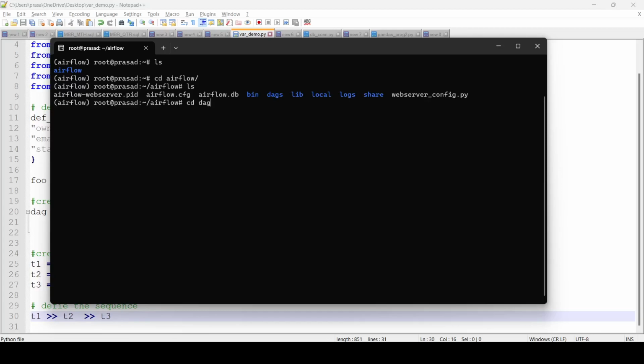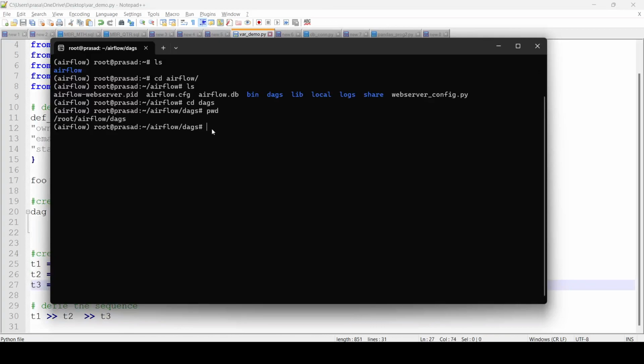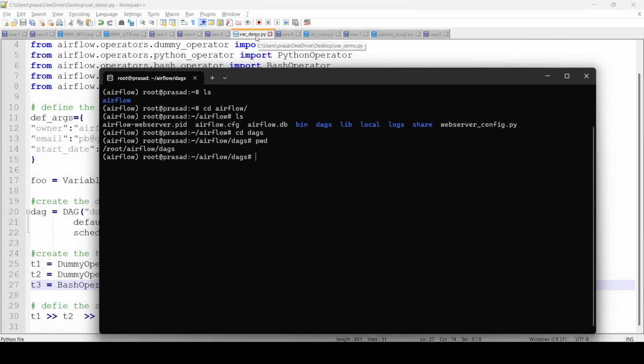So cd DAGs. Now if I see the path, we are under the path of Airflow and DAGs. Whatever file we have created, this var demo.py, we have to upload it here. I have already done it. If you see ls, I have already uploaded the file here. Now if you want to see the content of this file,